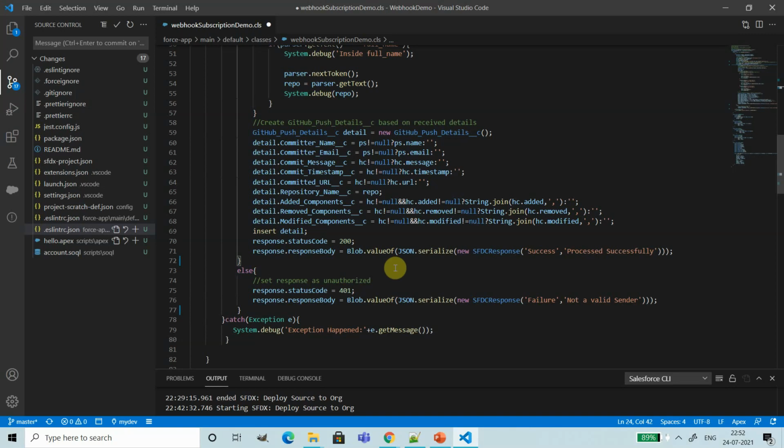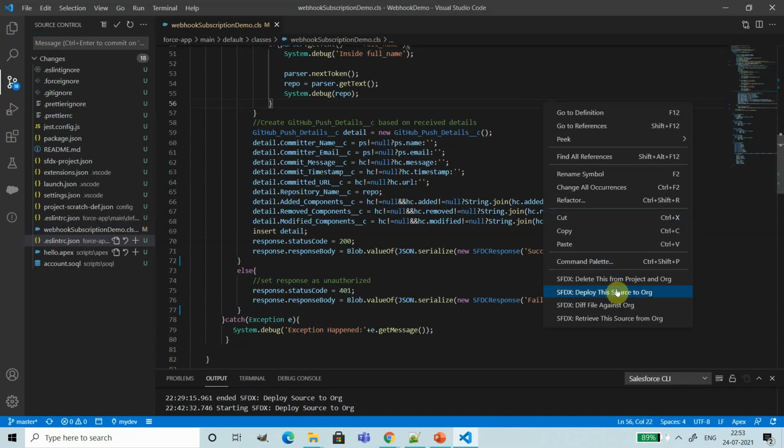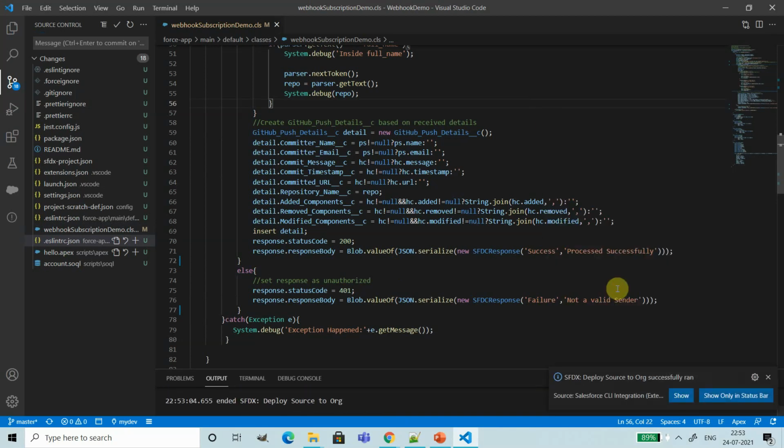So first we will try to execute a positive scenario where the authentication to Salesforce is successful. Let me push this to my org, and let us push the same code change to my repository and see what the response is on the webhook site. And also we can check if the details are successfully loaded to Salesforce.